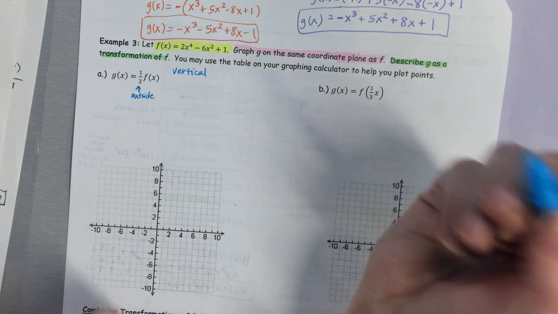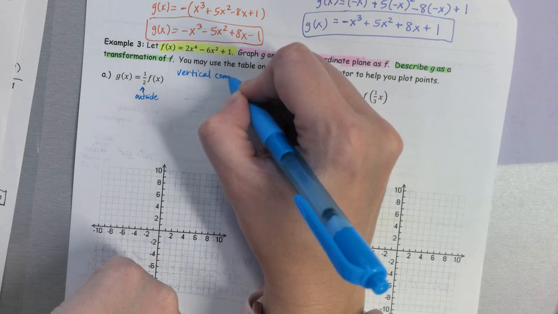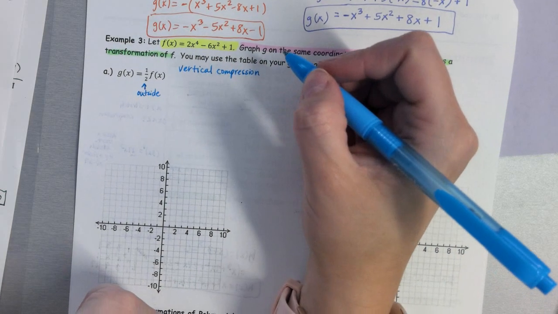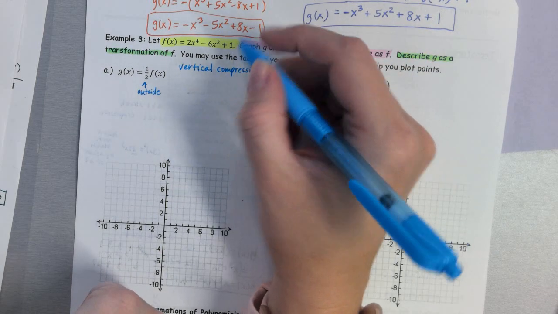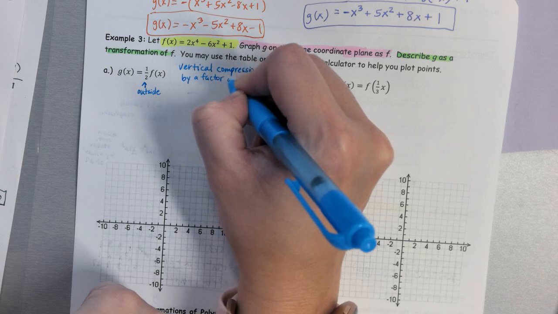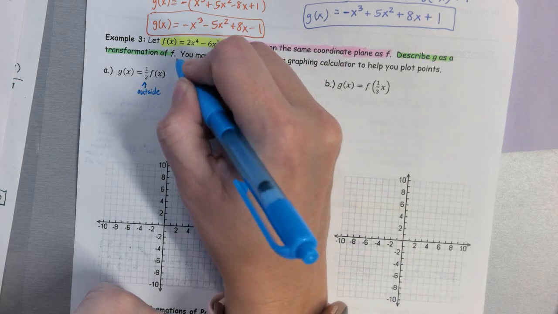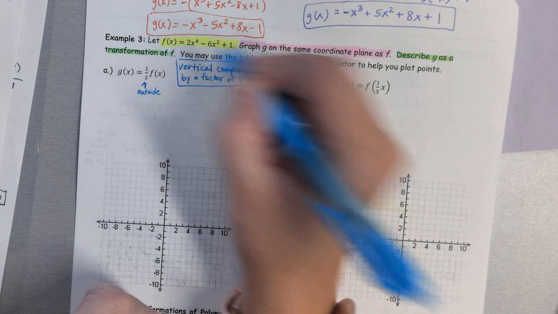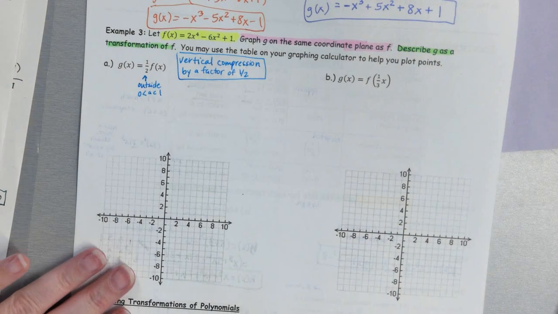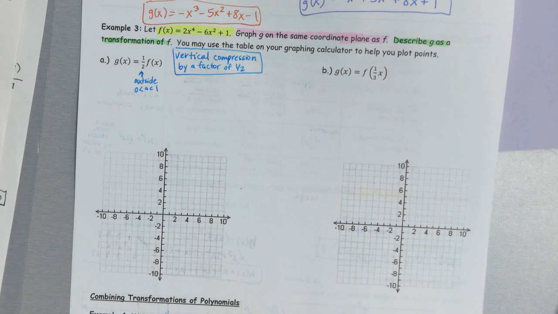Well, you told me it was a compression. Why? Yeah, good. Okay, greater than 0 but less than 1. So vertical compression by a factor of 1/2. Good. Okay, so like you guys said, it's in between 0 and 1. That lets me know that it is the compression. Okay, and it's outside. That lets me know that it's vertical. Okay, so